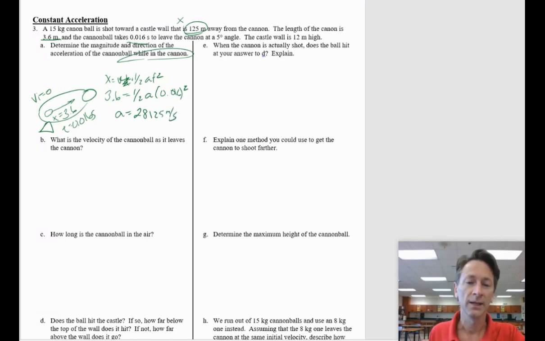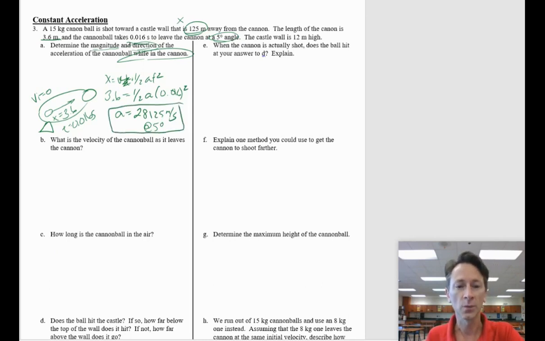28,125 meters per second squared. Now, one of the most common mistakes that I see from my students is that they did not answer the question correctly if they leave it at that, because the problem doesn't ask for just the magnitude of the acceleration, it also asks for the direction. So you would lose a point, or depending on what the point system of the problem is, several points based on that. So I would say 28,125 meters per second squared. And remember that it's going to accelerate in the same direction that the cannon is at. So this would be at 5 degrees